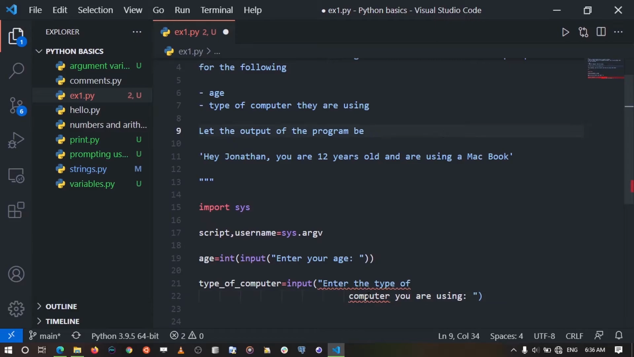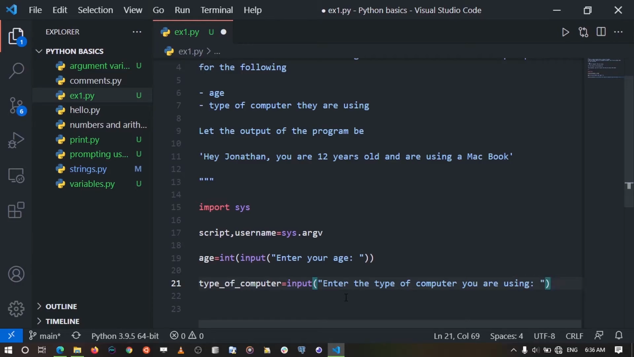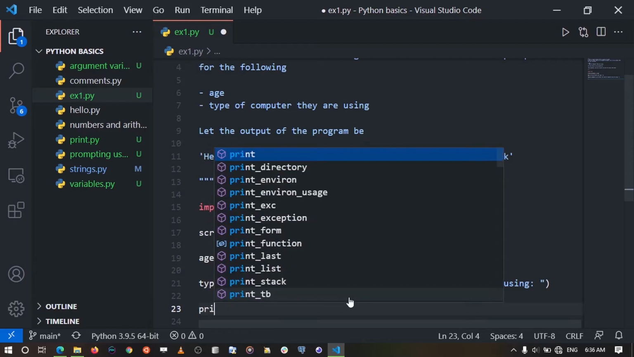For this to work, I'm going to use an escape character. So I'm going to use a forward slash. Actually, let me put it on the same line to avoid confusion. Now, after putting in the type of computer we are using, next thing is going to be printing our output. So I'm going to use f strings for this. So I'm going to print